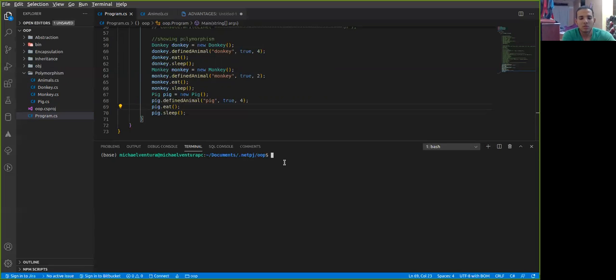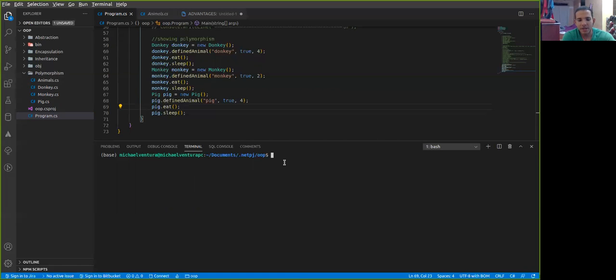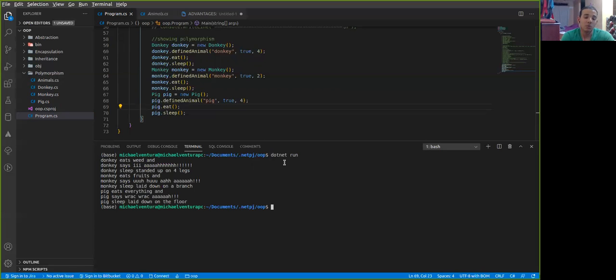So dotnet build, perfect, it's clear, and dotnet run. Amazing. So as you saw,